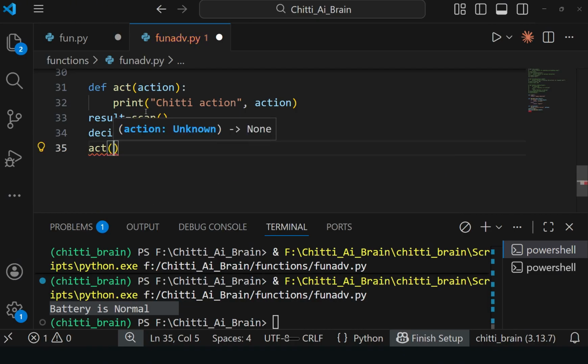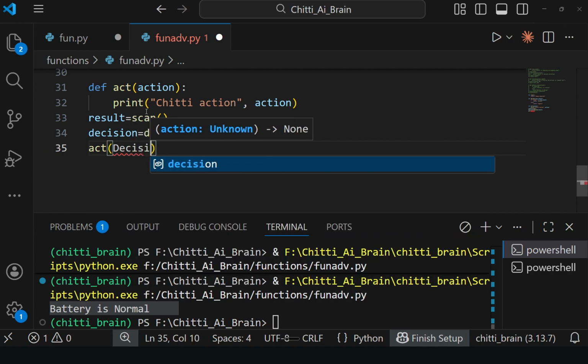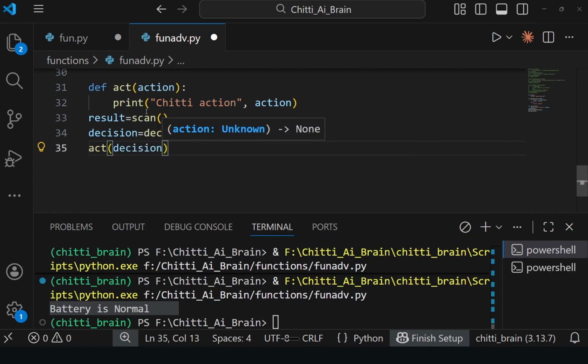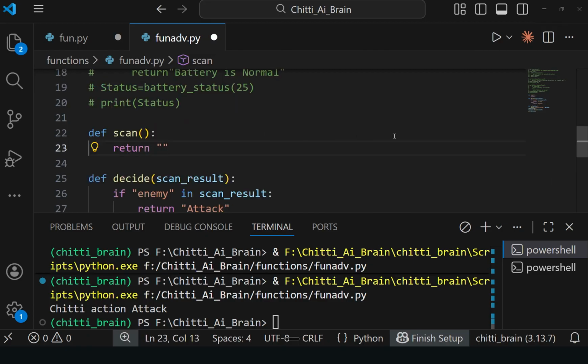Act means decision. Okay, let's print it. Chitti action attack because enemy detected. Enemy is there. Let's check whether it will work or not.